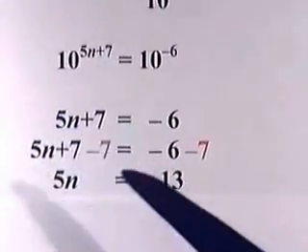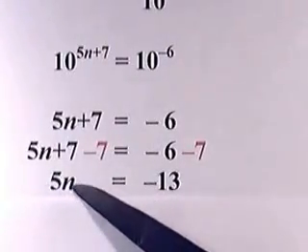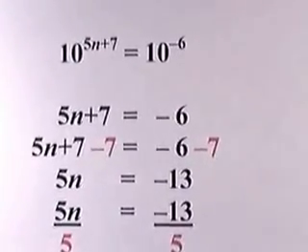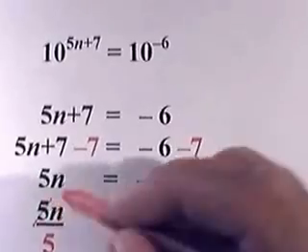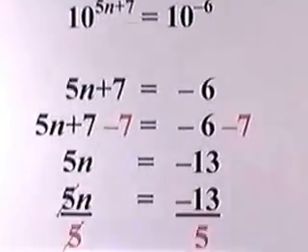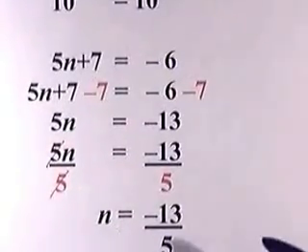You've still got your 5n here. To get rid of that 5 multiplying the n, you must divide both sides of your equation by 5, as I have done there. This 5 and that 5 now cancel out, and you're left with just the n by itself is equal to